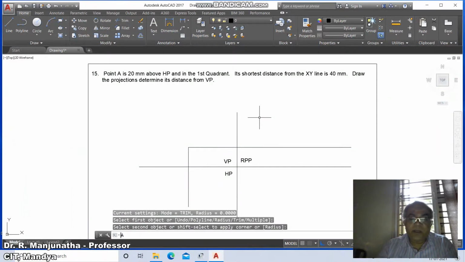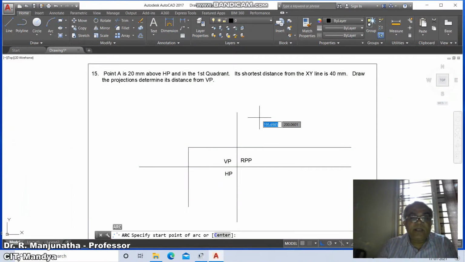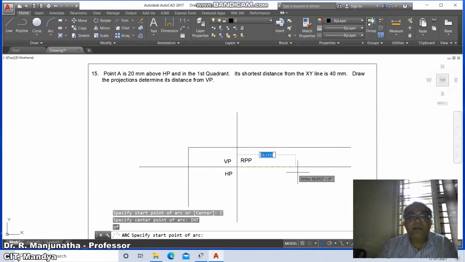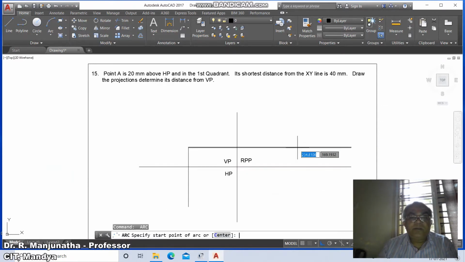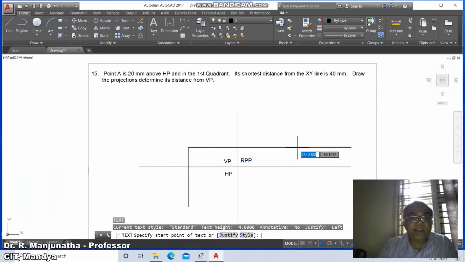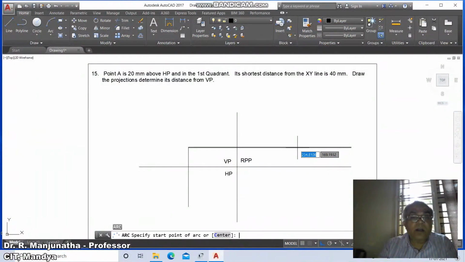Go to arc, go to specify center point. Take the center point as the intersection of this and the start point, specify center, end point and start point, end point and radius. So here go to the text, go to arc.